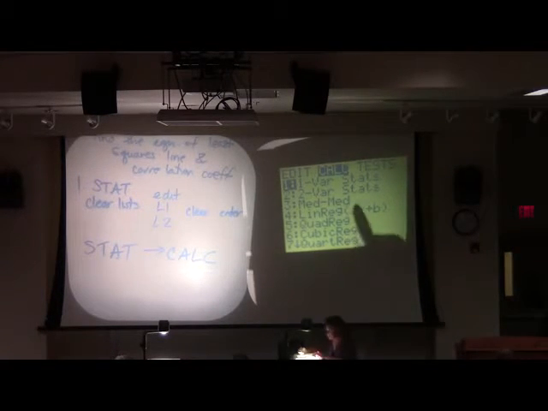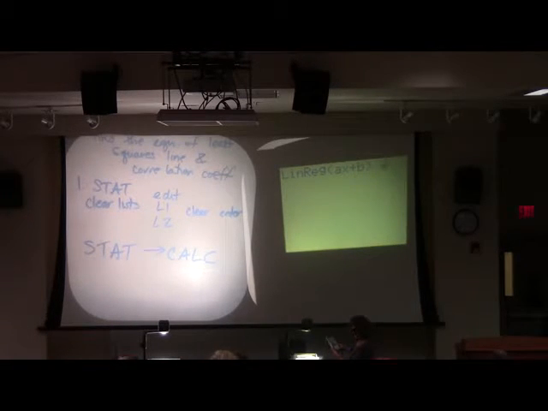Okay? Now, my calculator here says AX plus B. Do you guys agree then whatever value I get for A is my slope and whatever value I get for B is my y-intercept? Some people's calculator says BX plus A. You just need to take note of that because then your B is your slope and your A is your y-intercept. Either way it goes, you're going to go down to that 4 and hit enter.